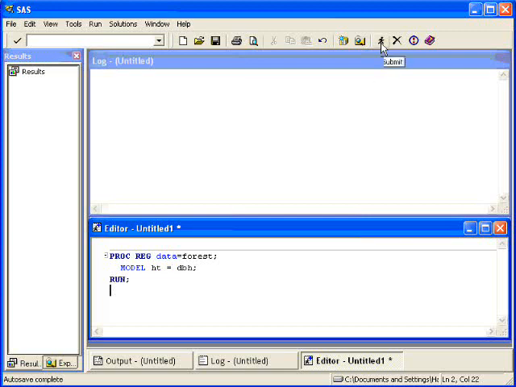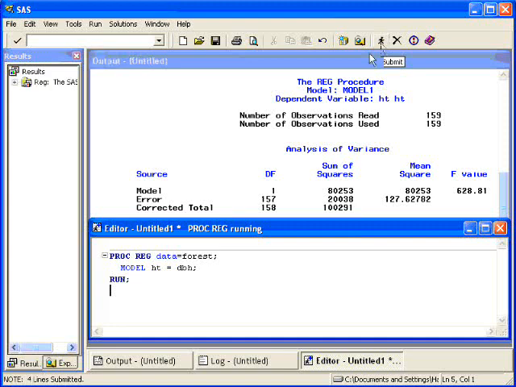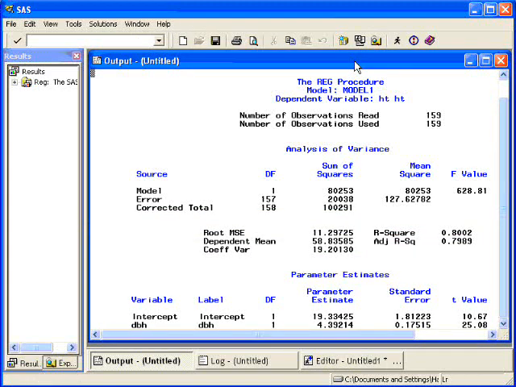Go up to the submit button, which is the little running guy, and if you click on that, your output comes out in the output window. Now, the output window has lots of information in it, so you'll need to keep track of all of these pieces of information. First off, you want to look at the number of observations read and the number of observations